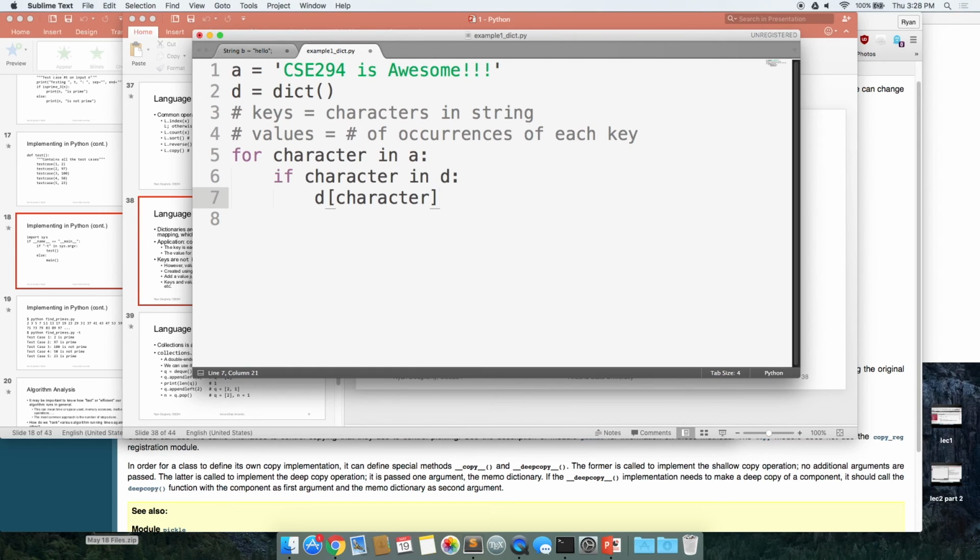Plus equals 1. There actually isn't a plus plus operator in Python. I know, it's so sad. Yeah, but you do plus equals 1. And then otherwise, so if